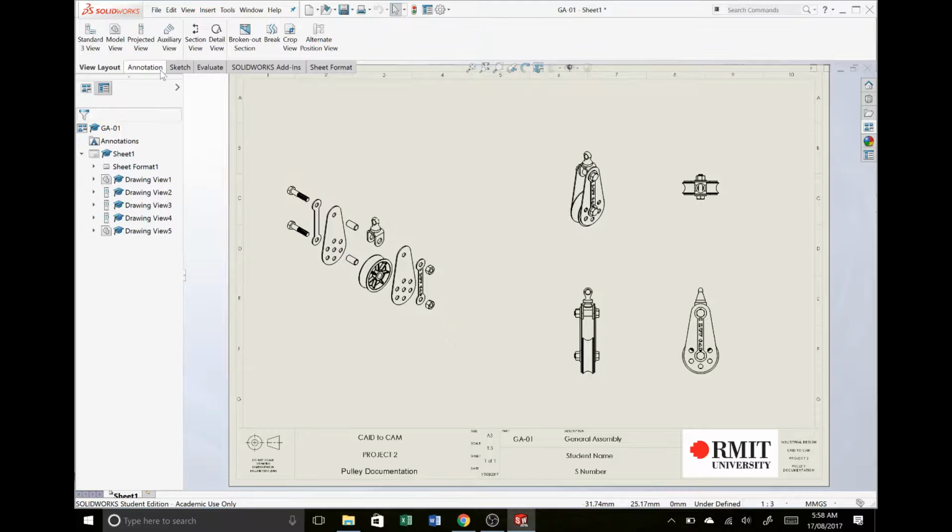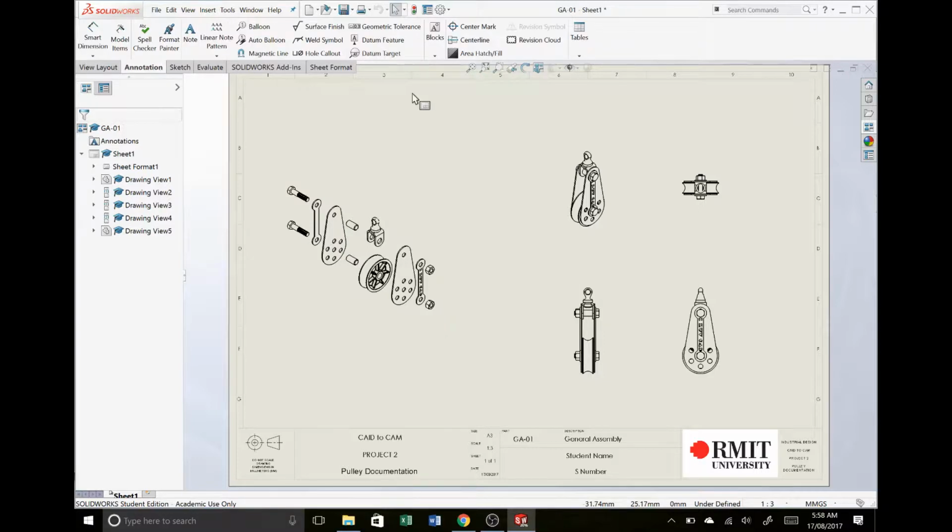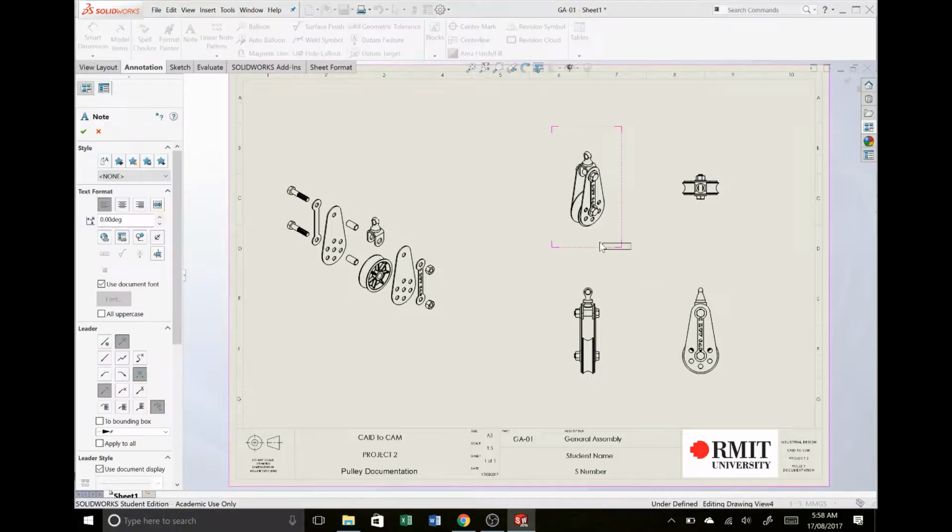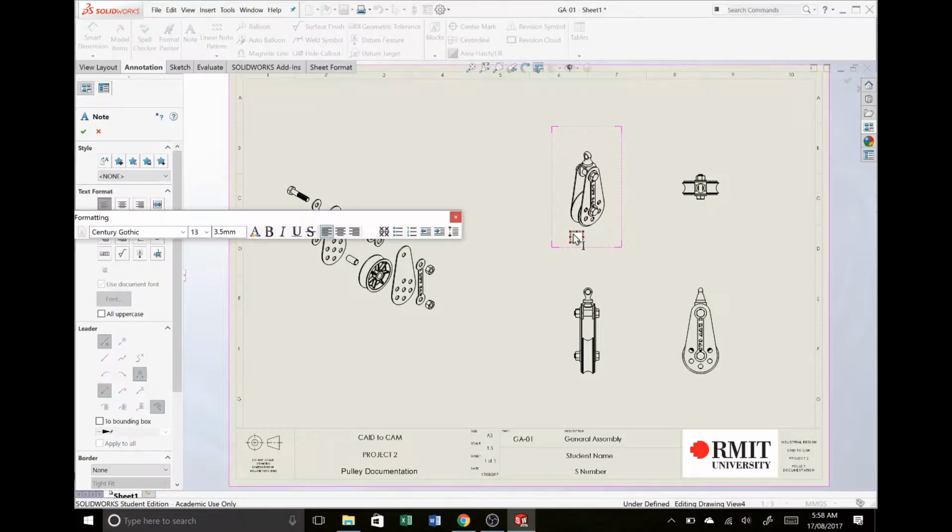Next, I'm going to come to annotation, and you see we got a lot of tools here. The one we're going to be using for now is the note, and that's just how we add text to our drawing. So I'm going to drop this text inside this magic pink box. It's just appearing as I hover near that part, and that's telling me this text will be linked to that part once I create it. The advantage of it being linked, if I just type isometric view, that's what I want to type for my view label. I could center that text,